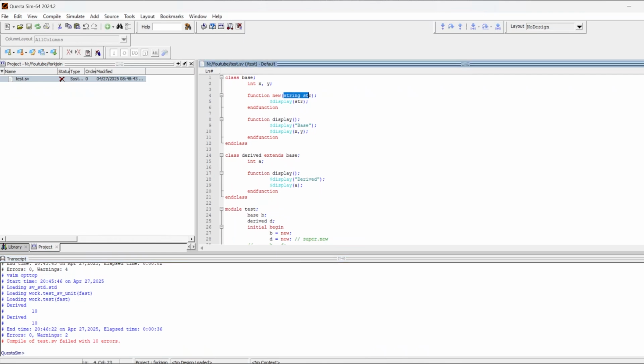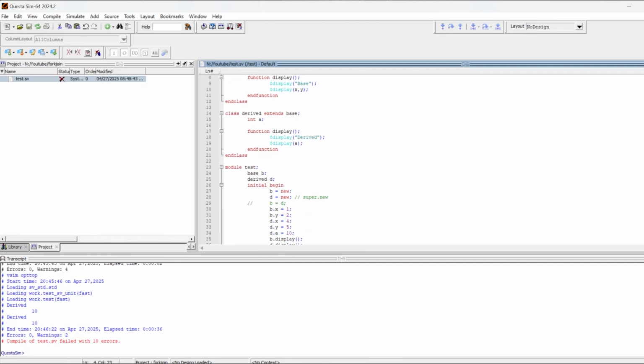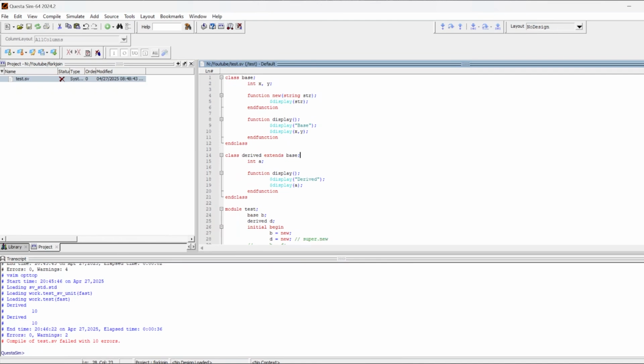And for such a case, the object of the derived class will not call the constructor of the base class implicitly. Then you have to make it call explicitly by defining the constructor inside the derived class. So that's the rule. So I will define the constructor method,